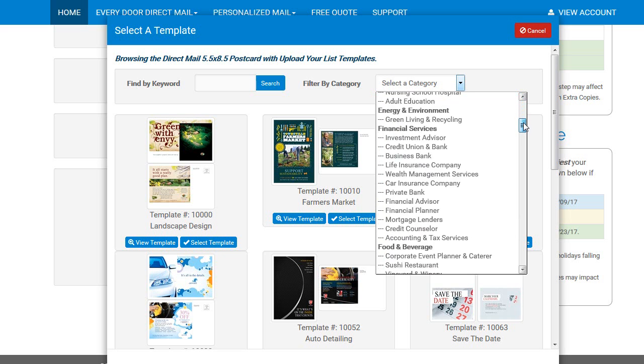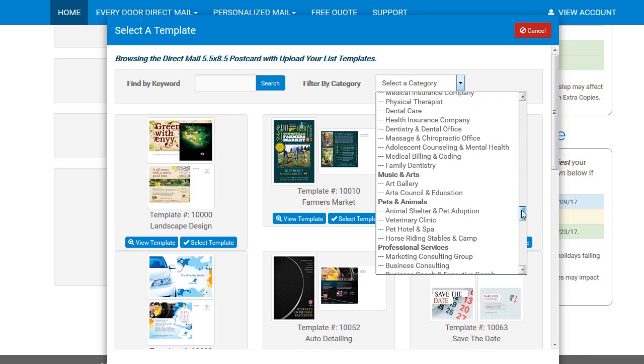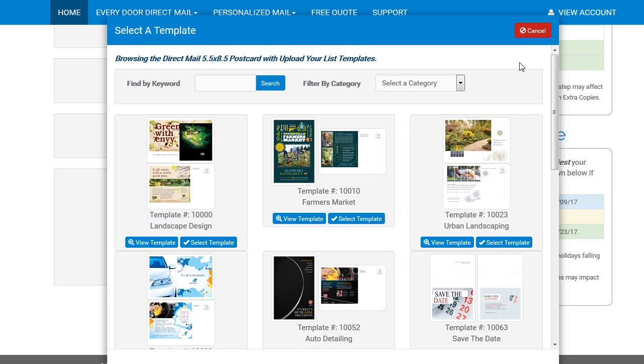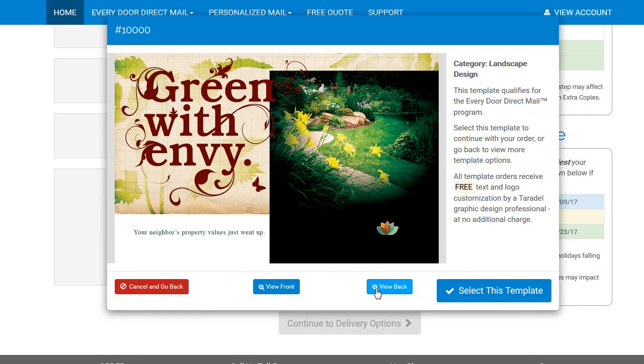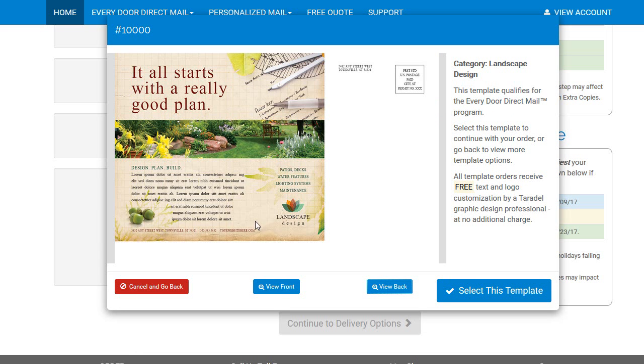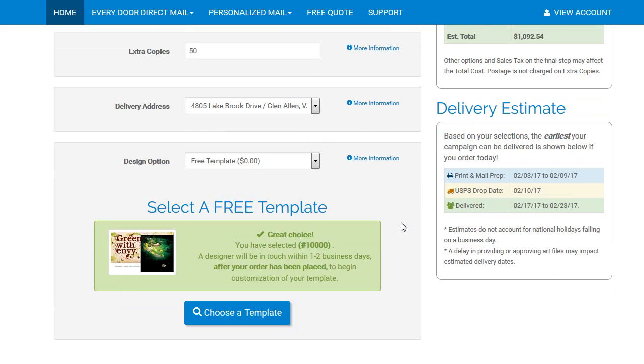Almost every industry is covered, no matter what type of business or sector you're in. There's tons of templates on here, and it's also easy to get a nice preview. So if you want to take a look at one, you click View Template. It'll give you a look of the front and back. Okay, and when you find one that you like, you just hit Select this template, and boom, it's added to